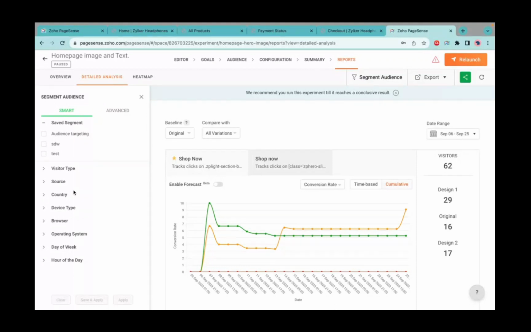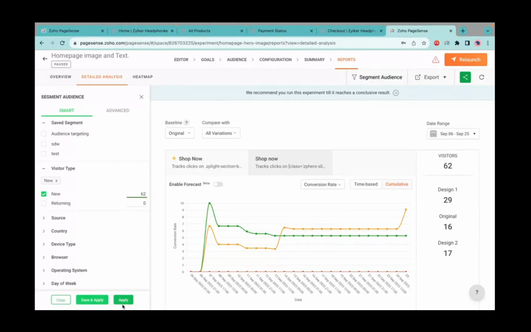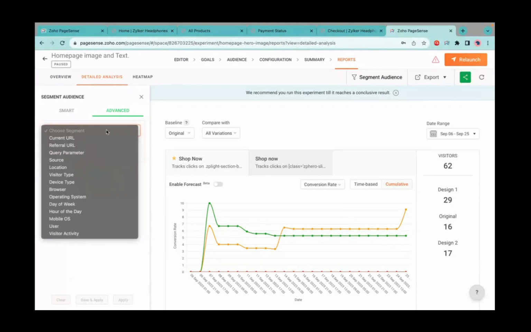One is smart segmentation. I'll have preset segments. I can just select it and click on apply. I'll be able to view the report only for that specific audience. Whereas in advanced, I can choose my own segment and I can also create multiple segments with and/or logical operations. I can view the report only for a specific group of audience as